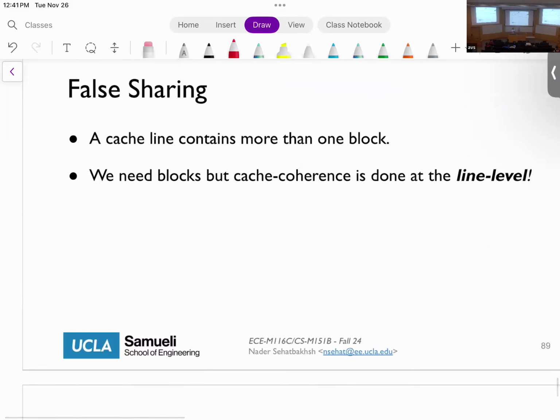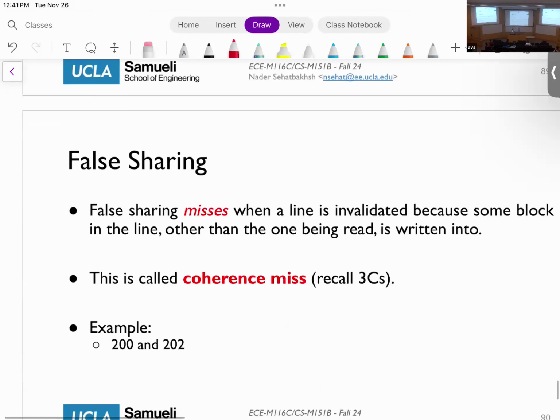Why do we do that? Because of simplicity, right? Having a coherency state per block might be very expensive. It also requires lots of reads and writes and all that. Versus at a bigger, set level or multiple-set level, it's much cheaper. So that's the reason that we do it. And false sharing, of course, is going to create more misses, because if you didn't have coherency, this wouldn't have been invalidated, but because of the coherency now you have some lines being invalidated. And this is what we call a coherence miss.